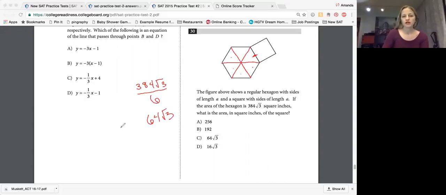So I know that area of a triangle is 1/2 base times height. And I also know that this is an equilateral triangle, which means if I think about what the height of an equilateral triangle is, I know that once I drop that height down, I've created a little 30, 60, 90 triangle there. And in a 30, 60, 90 triangle,